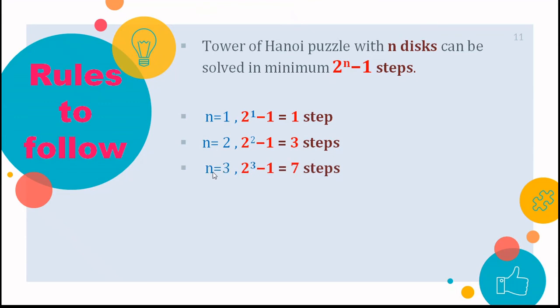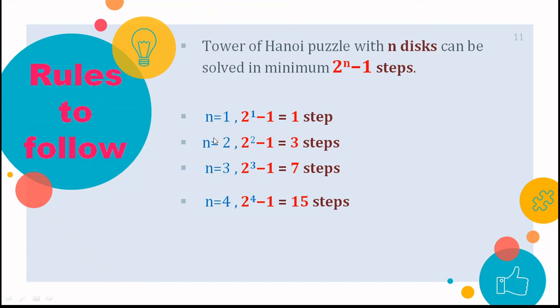Then again n is equal to 3, number of disks are 3. So in 3 disk problem what happened was, again we'll use this formula and we'll analyze 2 to the power 3 minus 1, which is 7 steps, and we also found out that it was performed in 7 steps. Now when n is equal to 4, again substituting the value of n is equal to 4 in this, we come to know that it was performed in 15 steps.